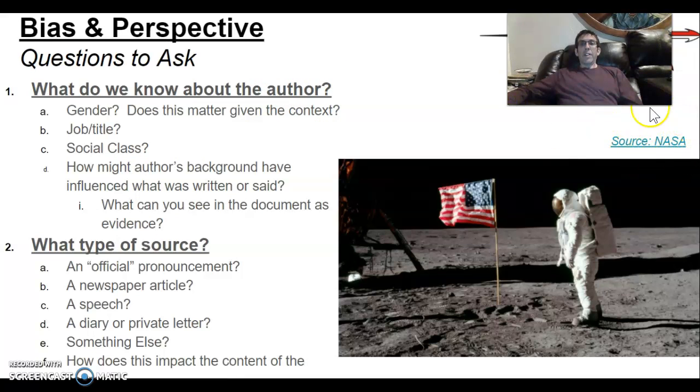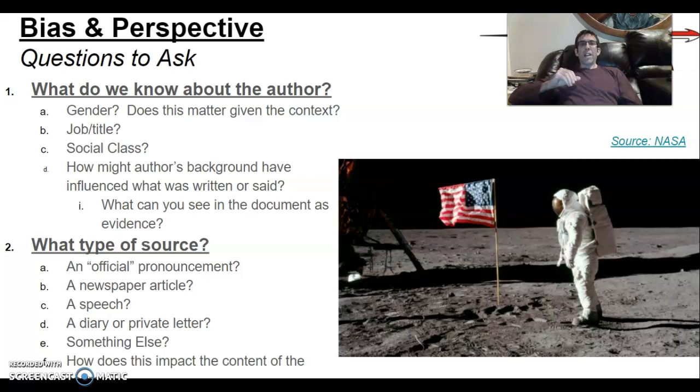Well, the author, it says, is NASA. NASA is the National Aeronautics and Space Administration. So that's basically the government agency for the United States that works on space, space shuttles, flights, satellites, in this case, getting astronauts to walk on the moon. So we know that the author is the United States government, and in the space race,